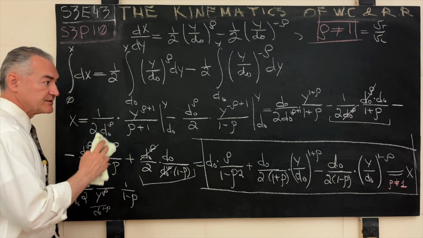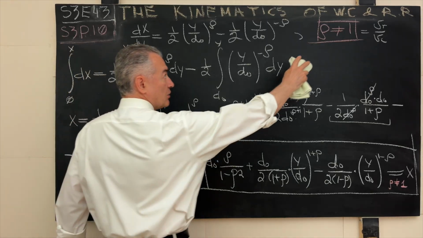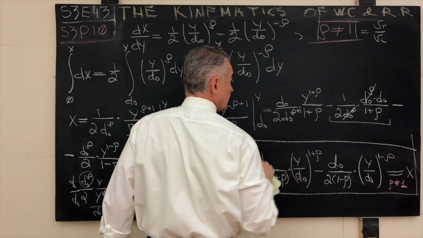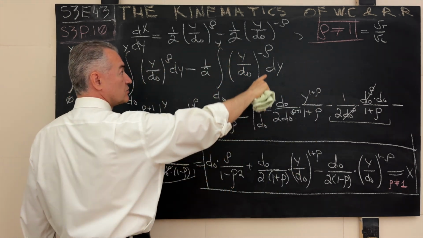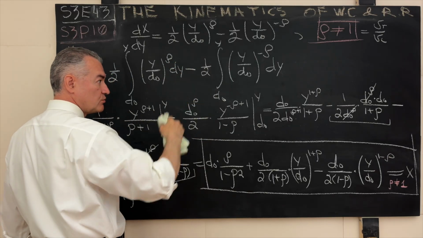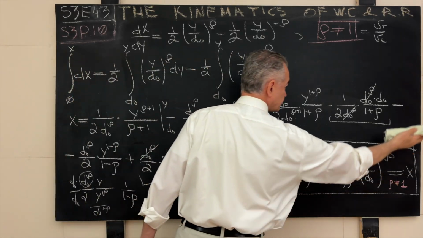And now, next, we will take on the case when rho, the ratio of the velocities of the runner and the chaser, is precisely 1. In this case, look at this. This is minus 1, this is 1, and the result will be quite evident.